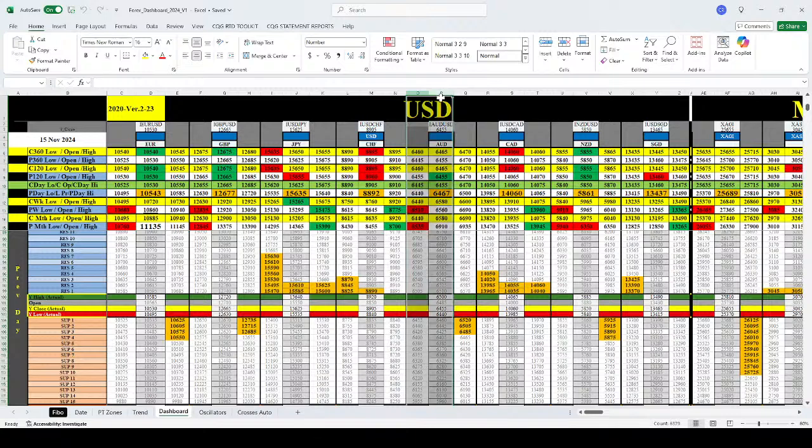Then followed by Aussie. We need to see the break of 65.20 or higher, or a close above that. Then only can we conclude that the dollar weakness has started. Same thing for dollar CAD. If you look into the crosses, yen has been the weakest because all the three forces are in the buying zone, and the market is still showing a lot of strength. Then followed by dollar CAD, where we also have all three forces. When I say three forces, I mean resistance left, resistance center, and resistance right.